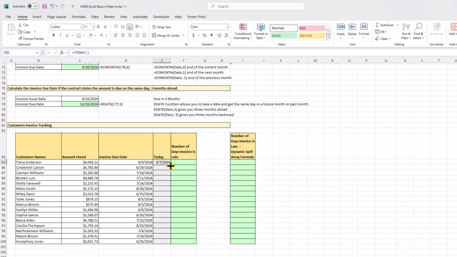And I will double click or drag this down, whichever is easier for you. And I have the date for today. This is the current date. To get the number of days the invoice is late, we'll get the date for today minus the day the invoice was due. So we'll do equals today's date minus the invoice due date, Control Enter,